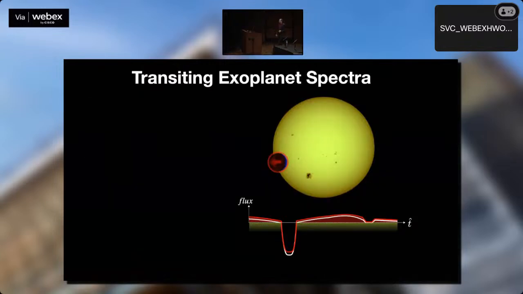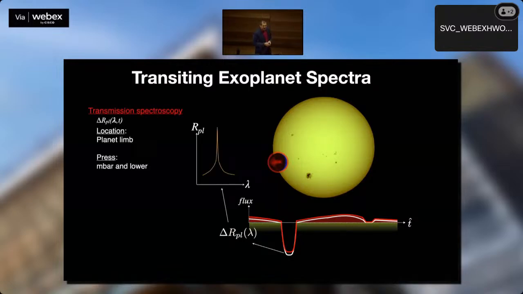So how do we get the spectra from these planets? Well, during the transit event, some of the light will filter through the atmosphere and leave its spectral imprint. And at those wavelengths that are spectrally active, you can measure an increase in the radius of the planet. So what you end up doing is measuring the radius as a function of wavelength and building up a transmission spectrum. You could also think of this as an absorption spectrum. And it's a very special part that you measure the spectra at the planetary limb, this day-night boundary of the planet.